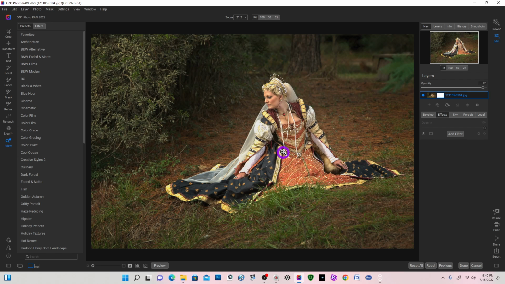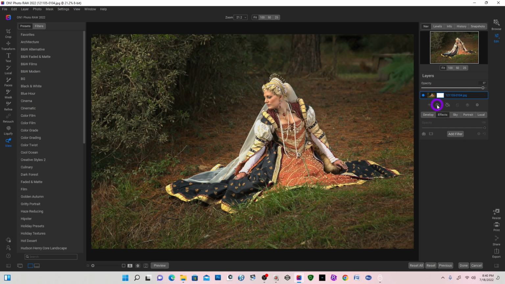I'd like to show you something that I've been doing for relaxation and also to create a work of art. What I have here is an image that I took during the Renaissance Festival. I've done slight editing, added a vignette to it, and done proper exposure, and now I'm going to take this image